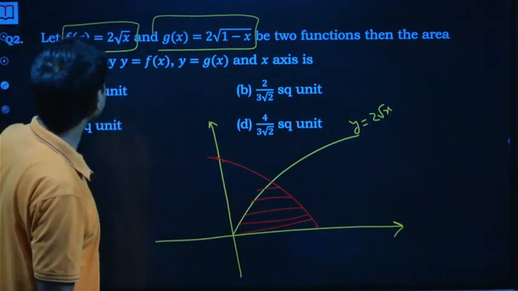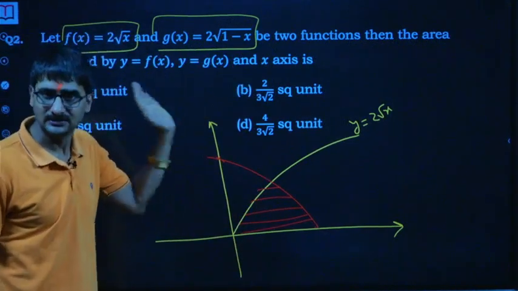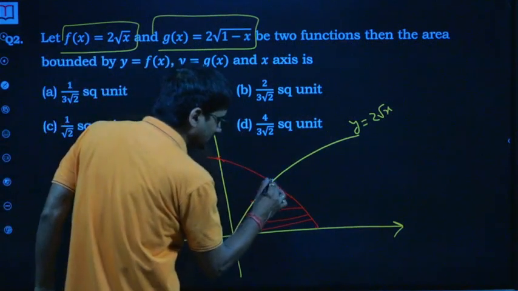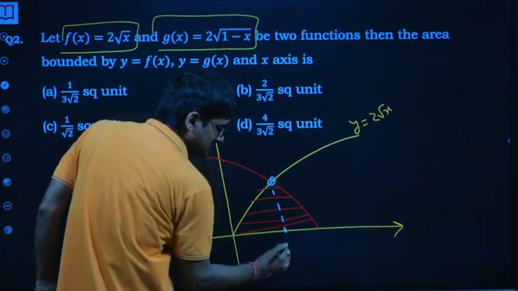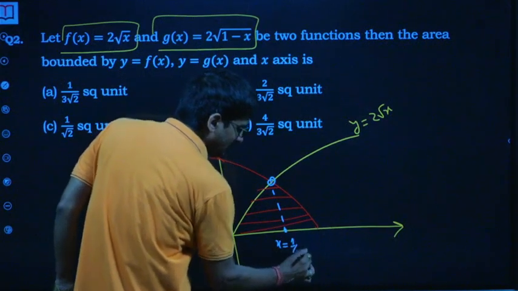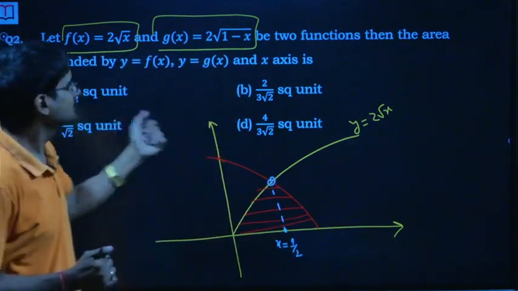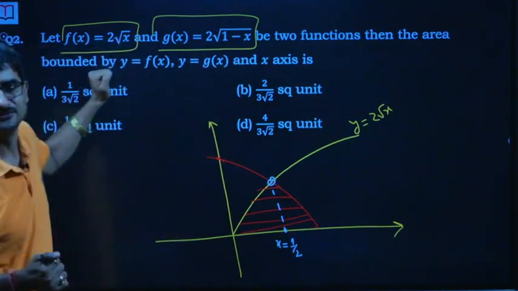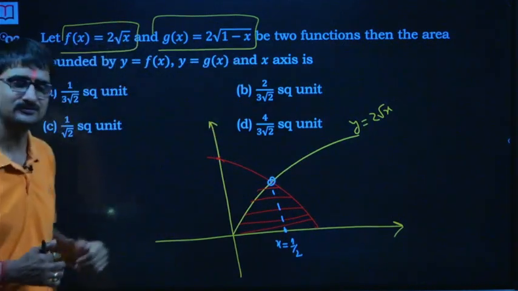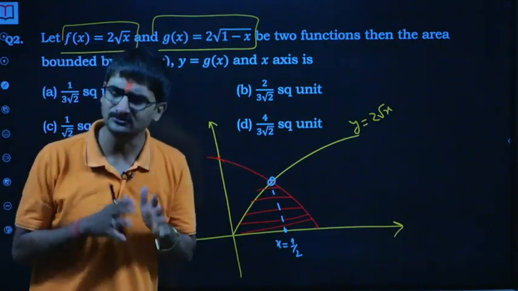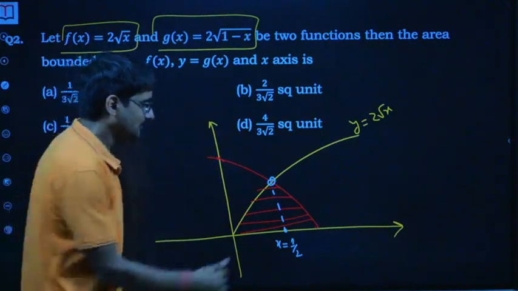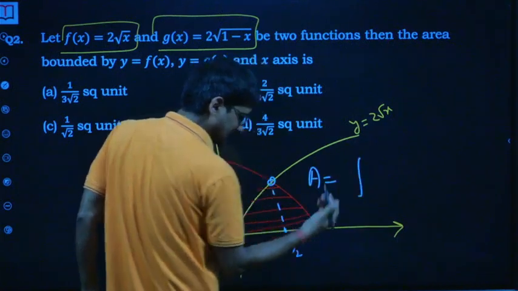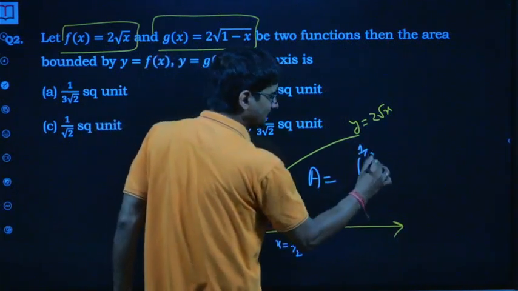So, the bounded region with the x-axis, the curve and the x-axis. Now which point is it? If I just go for trial, I believe it should be half. And why? Because you put x is equal to half, you get root 1 by 2, of course multiplied by 2, so you have the same value. So now if the area is simple, again from 0 to half, which curve?